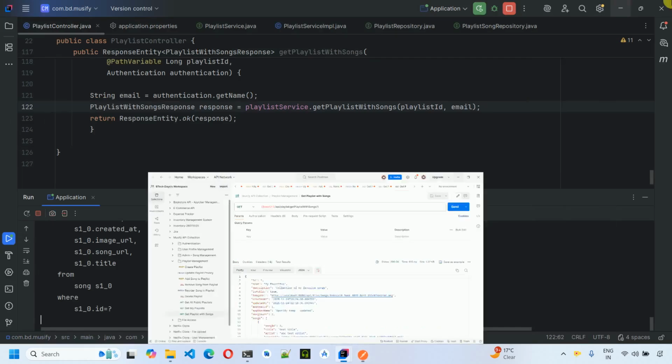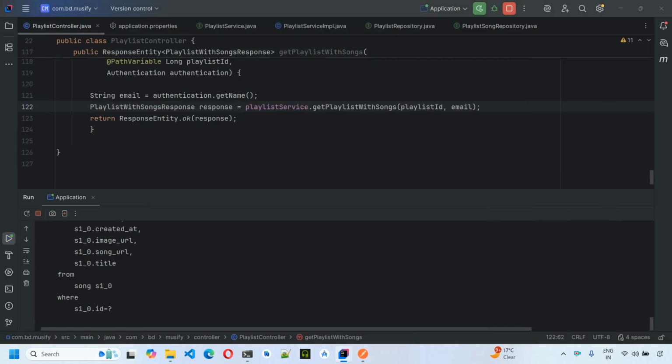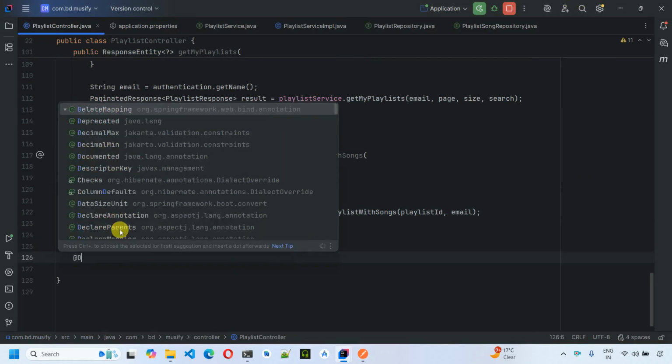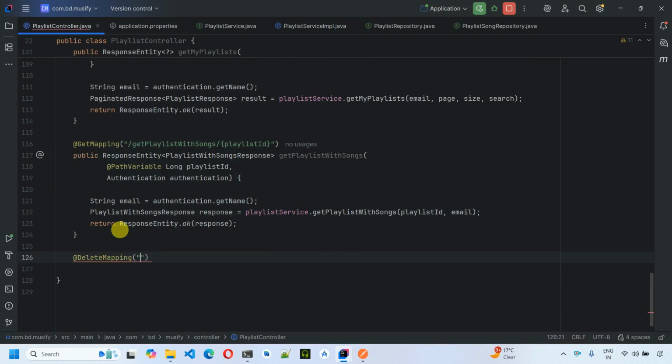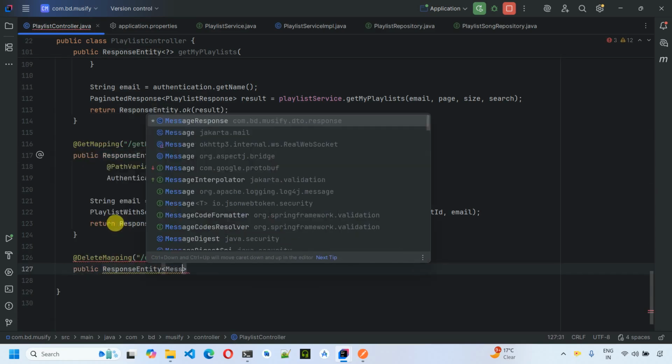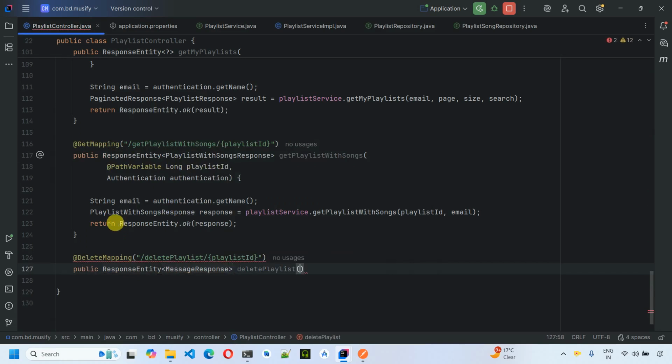So the last API which we are going to develop is delete playlist, which deletes the whole playlist. Let me minimize this, move back over here, make some space, and add the delete mapping. To this one we are going to add a DeleteMapping, slash playlist ID, then public ResponseEntity, and we are going to return a message response, deletePlaylist, and we are going to accept the path variable. So PathVariable long playlistId